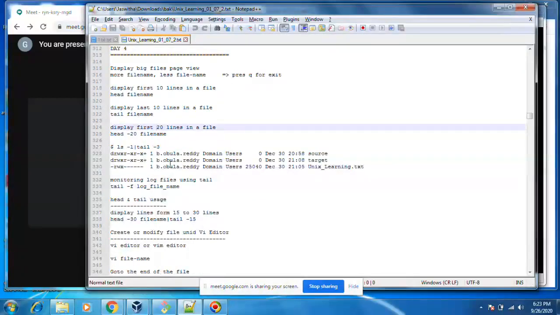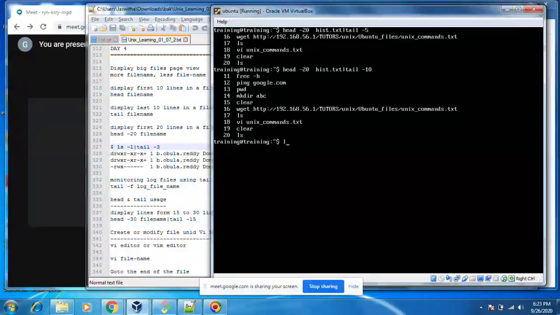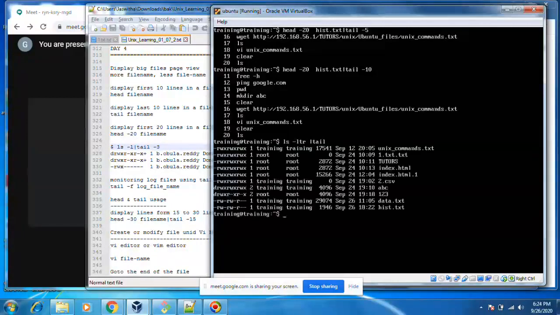For piping also you can do like this: ls hyphen ltr piped to tail. It will list the last 10 recently modified files in the ls hyphen ltr output. Without tail, you can see so many.